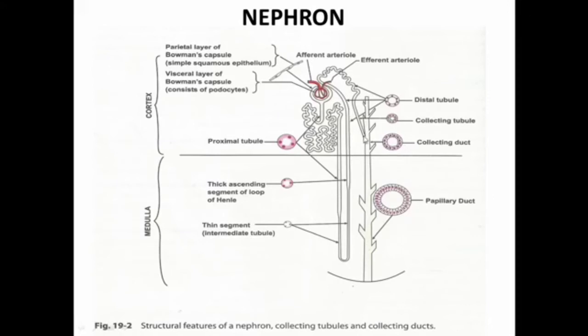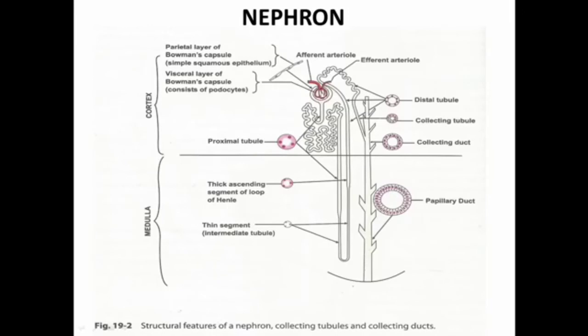We can divide the nephron into 5 segments. First segment is this one. This is the renal corpuscle. Now what is the renal corpuscle? Renal corpuscle consists of the Bowman's capsule and the glomerulus. What is Bowman's capsule? Bowman's capsule is just the blind end of this epithelial lined tube. And what is the glomerulus? Glomerulus comprises these capillaries which are present within this Bowman's capsule, and these are the